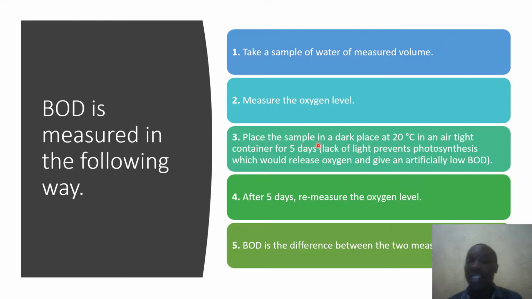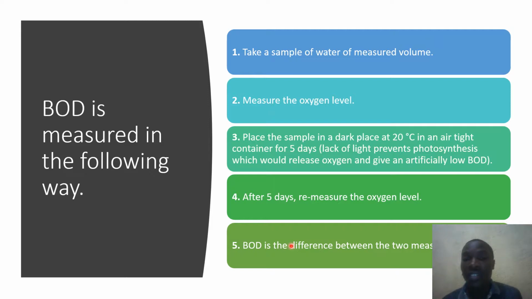Then you place the sample in a dark place at 20 degrees Celsius in an airtight container for 5 days. This means that lack of light prevents photosynthesis, which would release oxygen and give an artificially low BOD. After 5 days, remeasure the oxygen level, and then the difference, that is the initial minus the final,